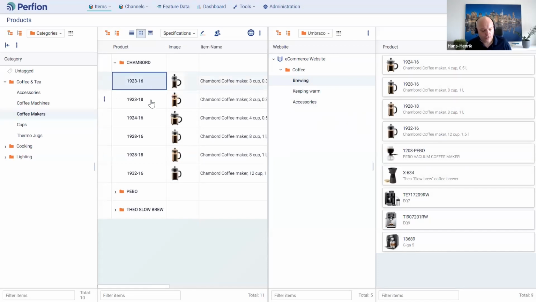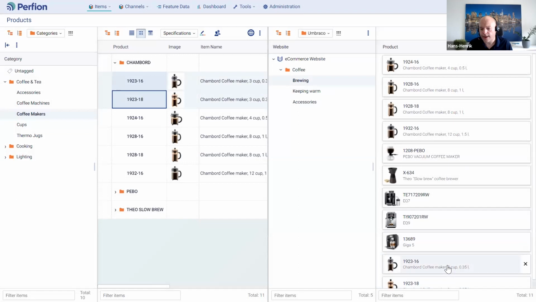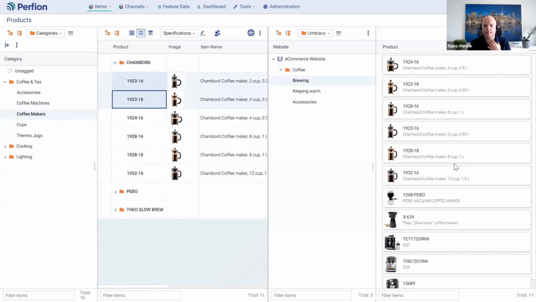To add these 2 products to the website, I'll simply drag them into the category, and they get added up here. And I can also specify the order of the products. This is a universal way of adding products. I would do it the same way if I added products to my catalog.